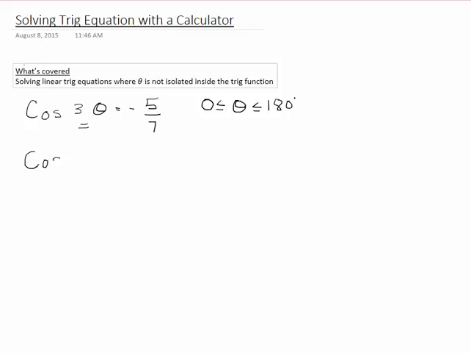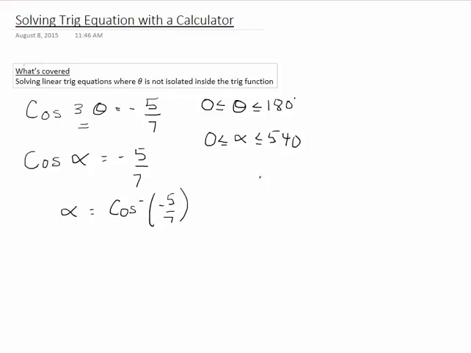mind that it's easier to call this alpha for a little bit and solve. And it's also easier now to think of my alpha from 0 to 540 degrees. And the 540 came from 180 times 3 because of this 3 theta. Because I need to be sure that I capture all of the solutions that work within this domain. So in order to figure out alpha, I take the inverse